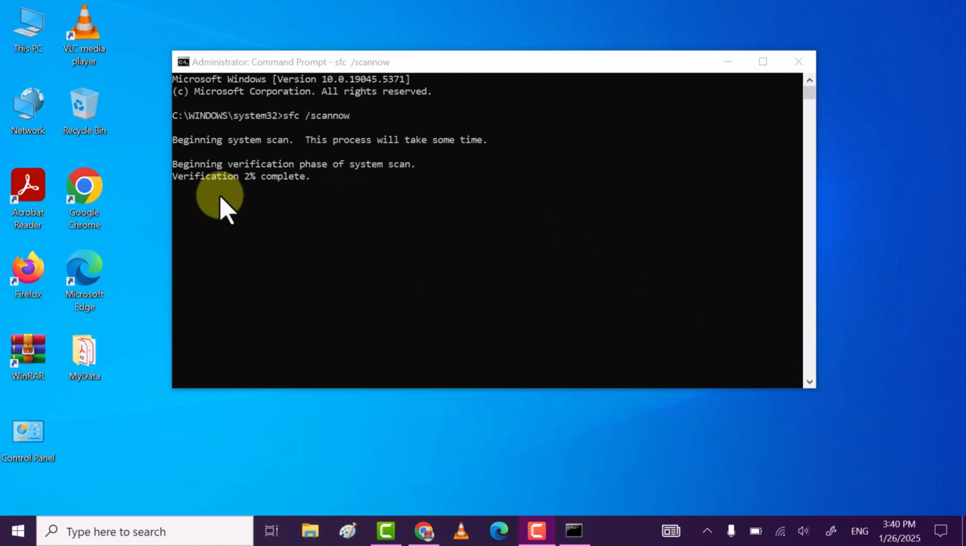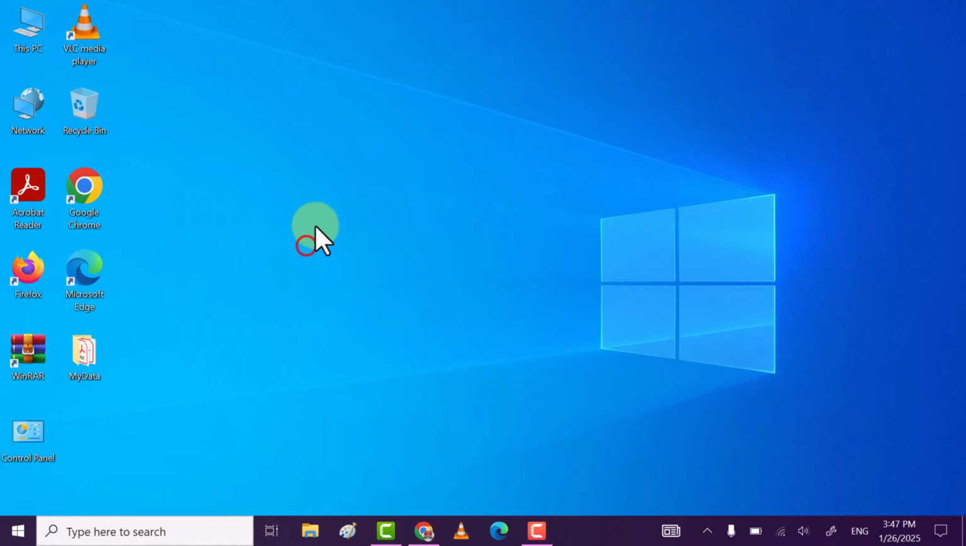This command will help you to repair all the Windows corrupt files. So be patient and let this command complete 100%. Once the command has executed 100%, then close the Command Prompt. Once you have done all the steps, you will feel your computer or laptop can't